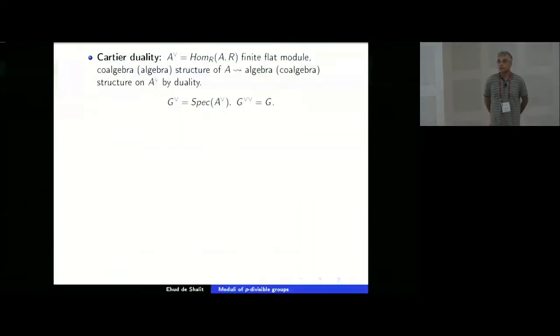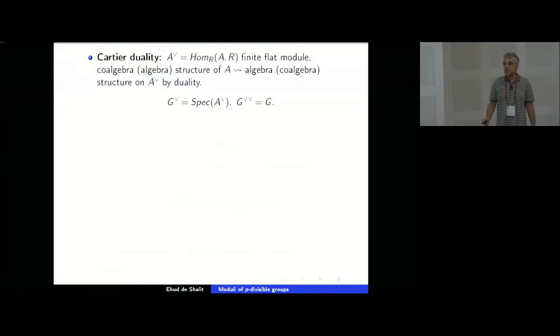Now, if you look at this Hopf algebra A, and you write all these diagrams that I avoided intentionally, you see that there is a duality staring in your face. The structure homomorphisms that describe the algebra structure are dual in a sense to the ones that describe the co-algebra structure, the ones that I called co-multiplication, co-inverse, and co-unit. And the way that this works is that if you take the R dual as a module, you can use the algebra structure on A to define a co-algebra structure on the dual and vice versa, and thereby to get a new Hopf algebra that leads to a new finite flat group scheme,